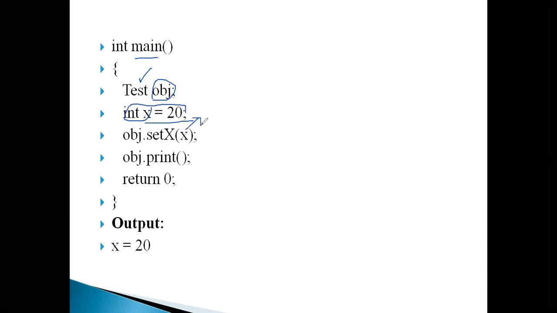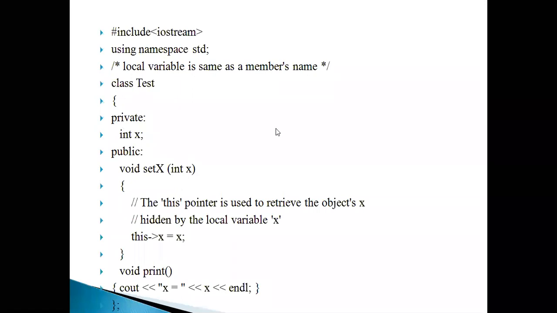Now I am passing that normal variable, the x value 20, to obj.setx. obj is the object for the class Test, and I am invoking it by means of the dot operator, obj.setx. So the value 20 will be passed to the previous function, stored in this x, and the same value 20 will be assigned to this x. When I print, the value 20 will be displayed.